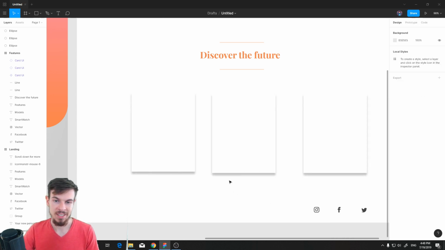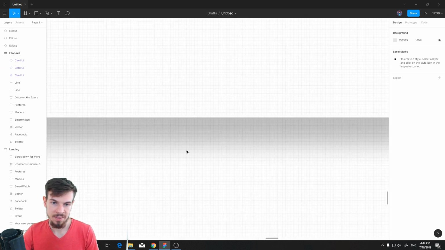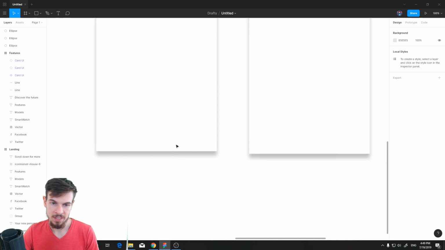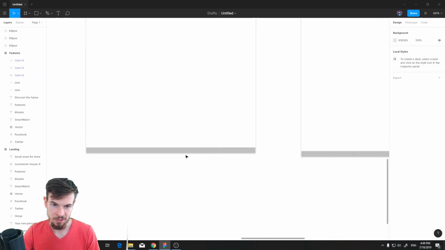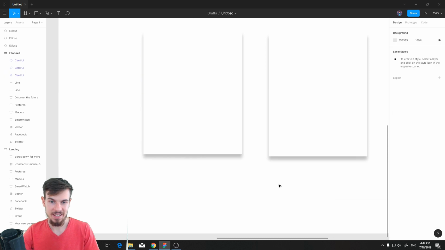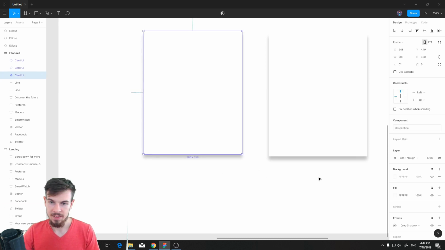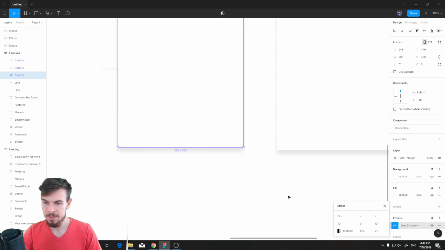So basically all that means is that we have 10 pixels down here, and the blur is basically how much it crossfades. So if I drop the blur to something like 2, it's going to be very sharp. All right, so that doesn't look too good. So I'm going to do 10. And the trick here is, let's make this a bit less visible. I think it's too sharp. So we have 10 blur, X 0, Y 10,